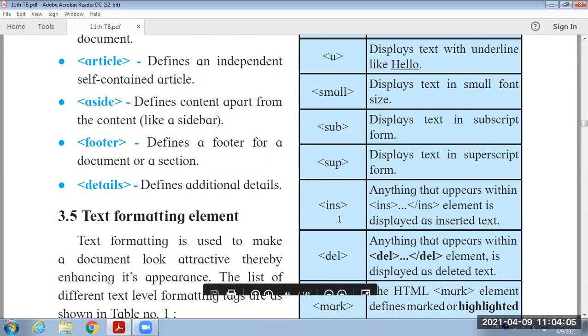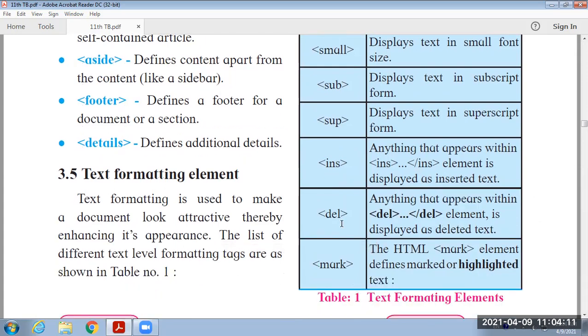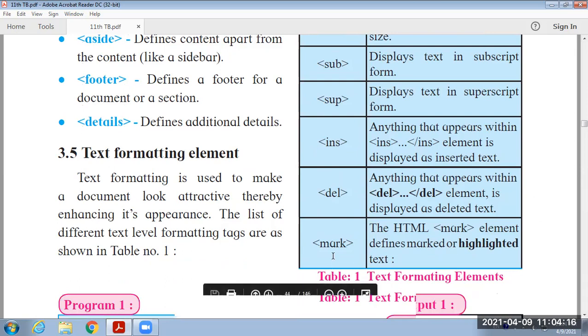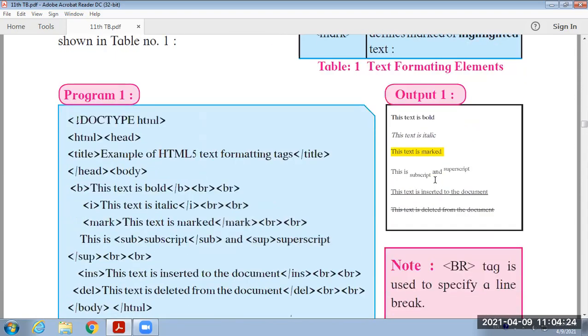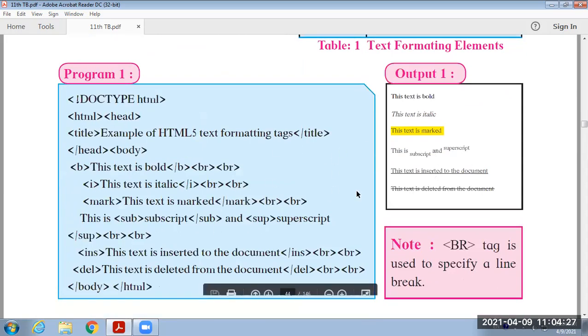Then ins is used to insert special data within the document. Then del is used to delete text. Then mark is used to highlight the data. We already performed all these things practically. See the output of this program.